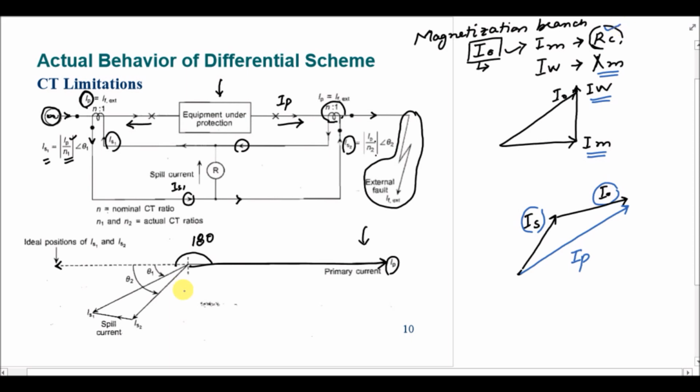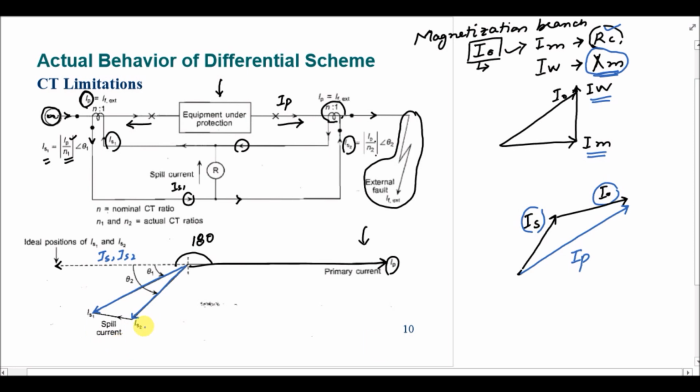Now if we come back to this phasor, IS1 and IS2, both of these currents were 180 degrees out of phase with respect to IP, and this should be the case when we have only resistance in the magnetization branch of the transformer. But we know that we have another element, that is XM, and due to this XM we have a phase difference θ1 and θ2 in IS1 and IS2 respectively,